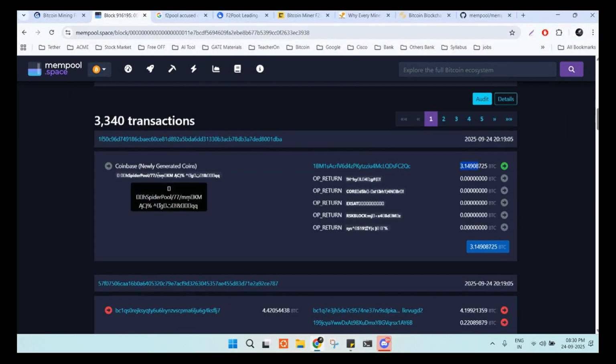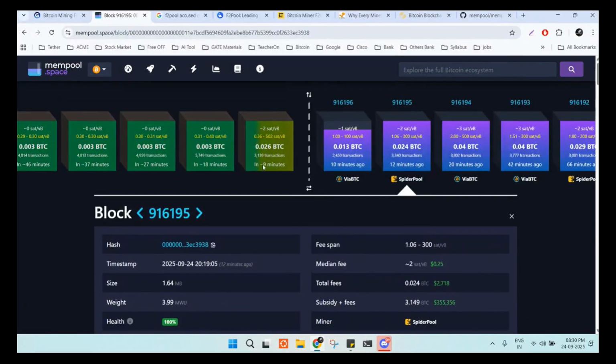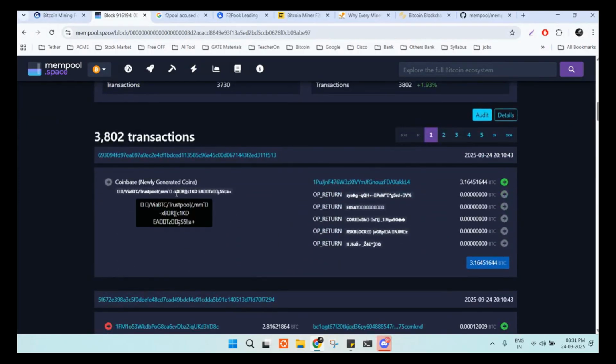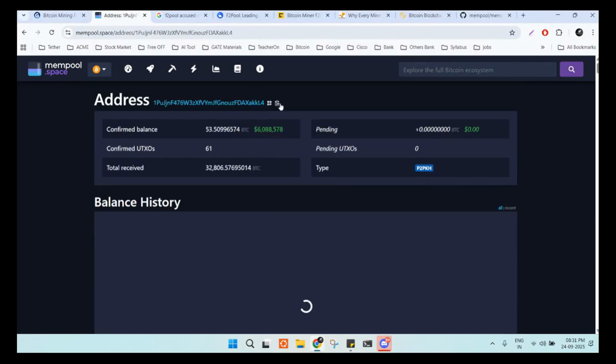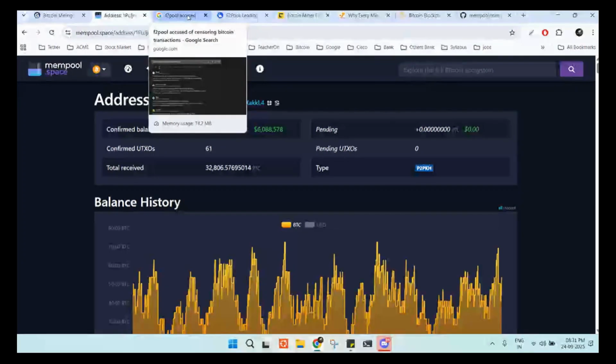Whatever else this is saying, you can ignore it. Sometimes they use it for some internal wording. Every company will have a different one. If you want to see it for ViaBTC, it should be different. But if you take this address, copy it, and go to any Bitcoin explorer, any of them,